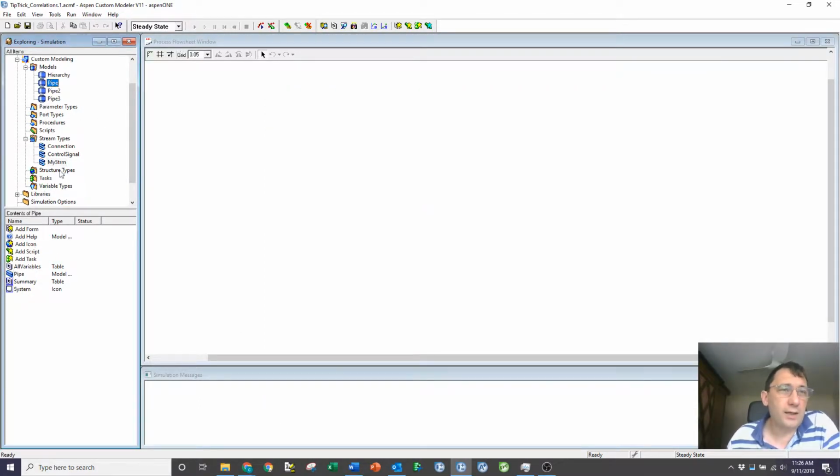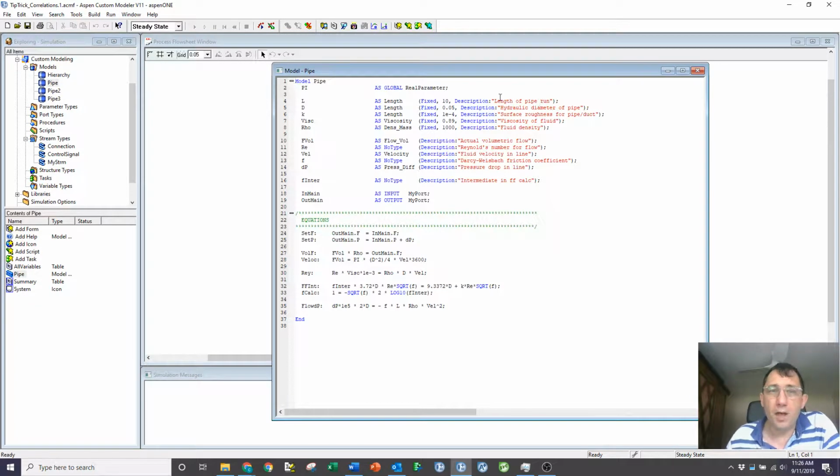Okay, finally my pipe. I come in and define various things that I'm going to fix. I've got my length, diameter, and roughness. I'm going to, in this case, choose to fix my viscosity and density. Normally I would calculate those using a physical properties call, but since I'm not tracking temperature or composition, I'm just going to fix those for now for demonstration. I then have my intermediate variables being calculated, so my volumetric flow, my Reynolds number, and so on. This f-inter that I calculated, and my ports.